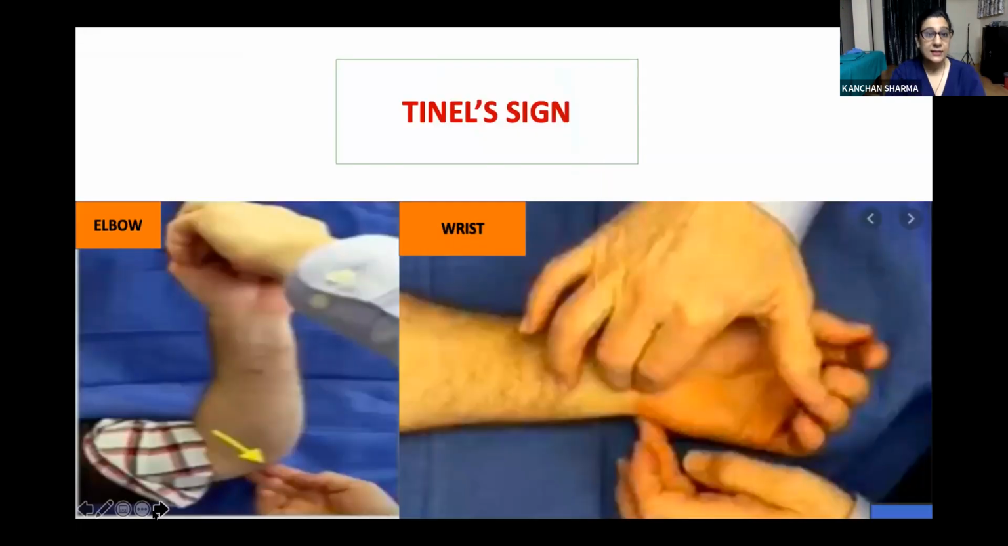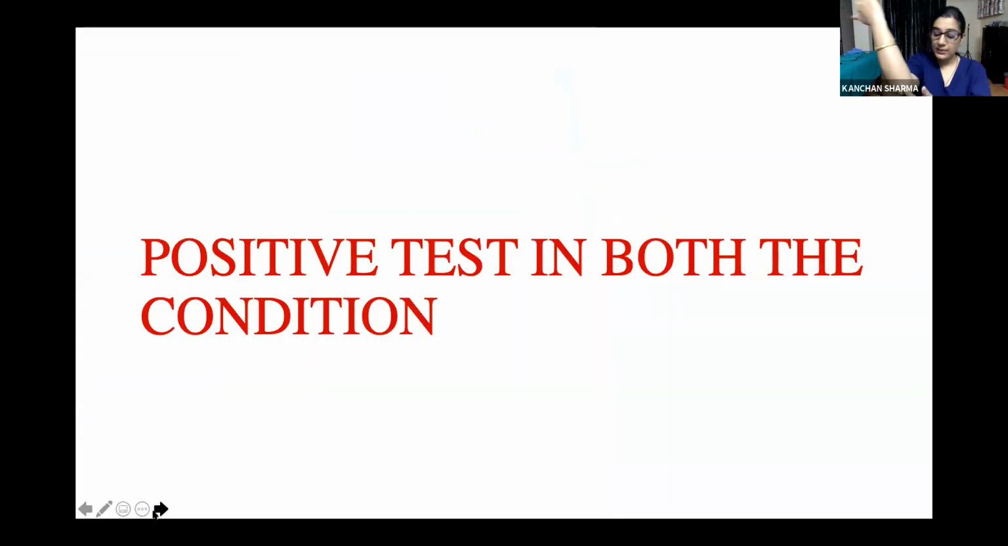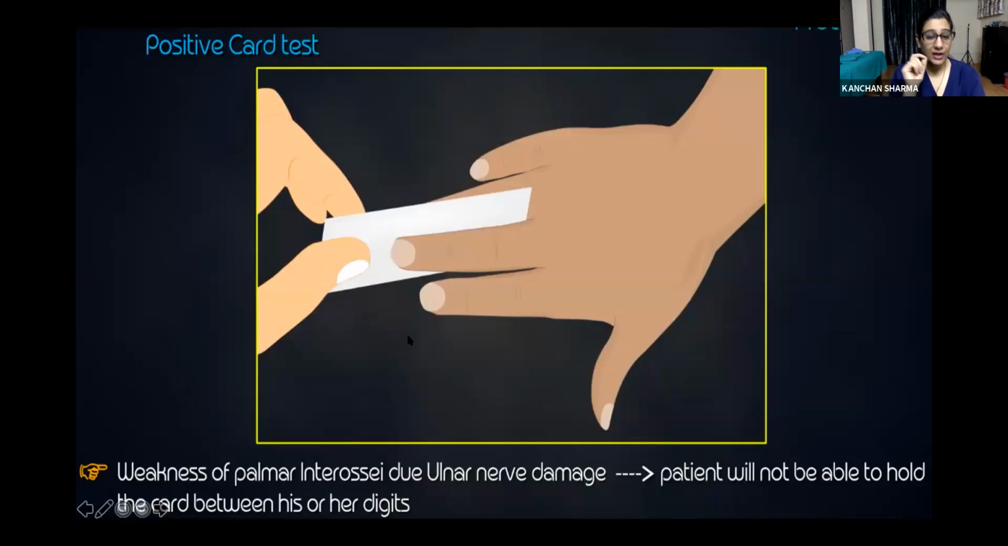Second thing, obviously the Tinel sign, because it just passes beneath a groove which is present just behind your medial epicondyle. Then we have talked that it supplies your palmar and dorsal interosseous. So if there is a weakness,